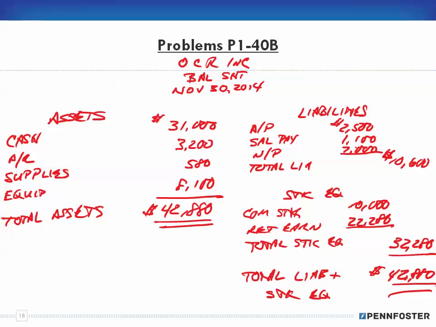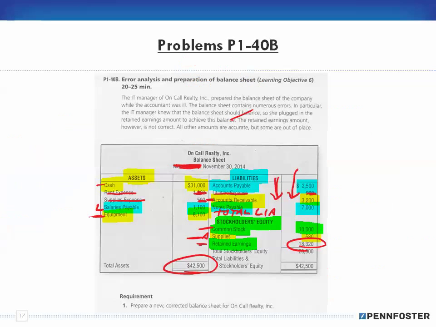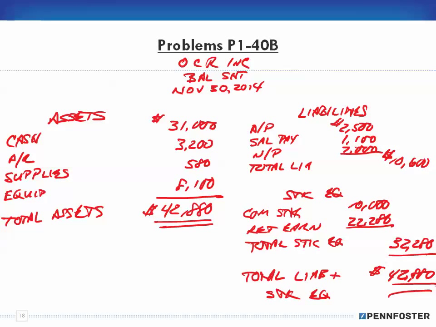Not so sloppy, but you're getting the gist of it. And of course, you're going to type it up and present it in a much better fashion. Okay, so that's all there is to this particular problem. All we had to do is prepare a new corrected balance sheet. The only difference between this and what you're seeing as part of the solution, obviously I'm not concerning myself with abbreviations and things like that, but the major difference is I'm using 2 columns here, which means I'm using a multi-step